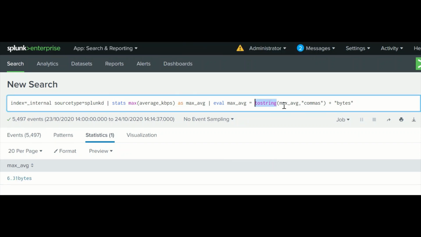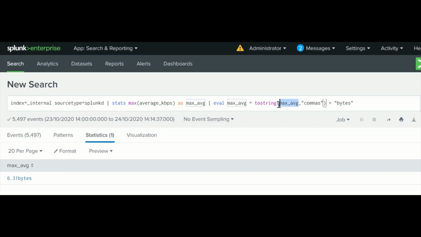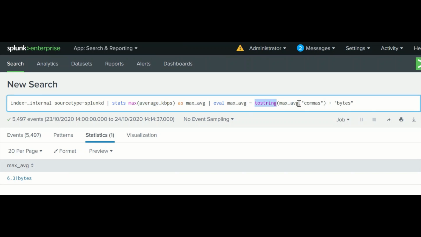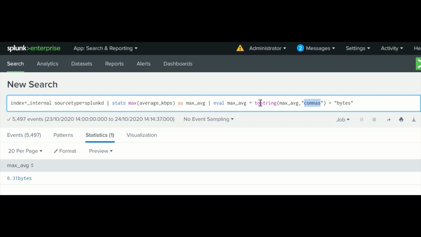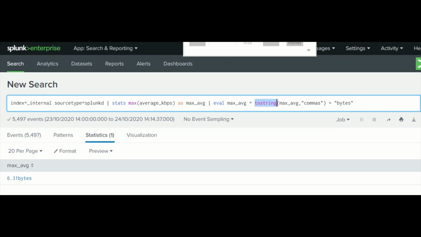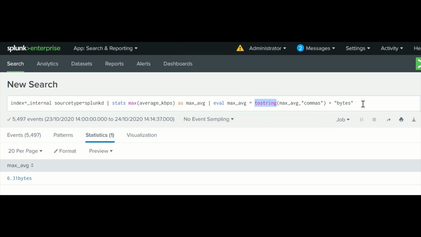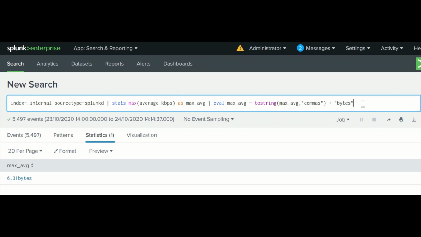Now in this function, there are multiple arguments. You saw that there was a single argument earlier; here there are multiple arguments, where there are two strings, and there are multiple assignments, commas or duration and hexa. So this is about it. You can go through Splunk docs and check what commands or functions are there. So this is the basics about the syntax of Splunk search.